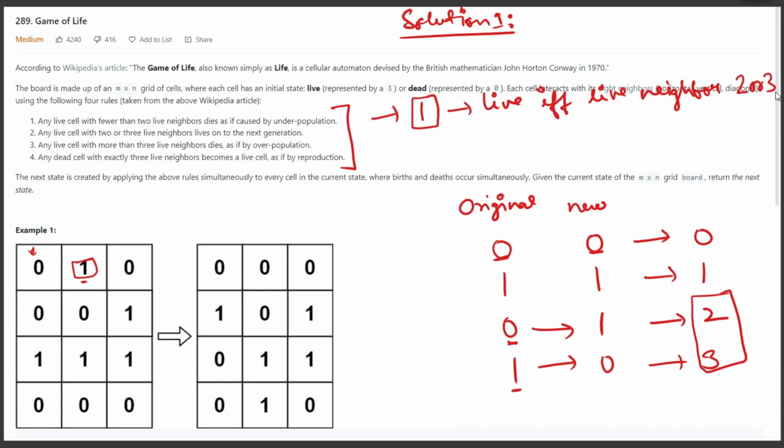If it is more than 3, it will die because of overpopulation. So if it is 1, it will stay live if and only if the neighbor count is equal to 2 or 3.